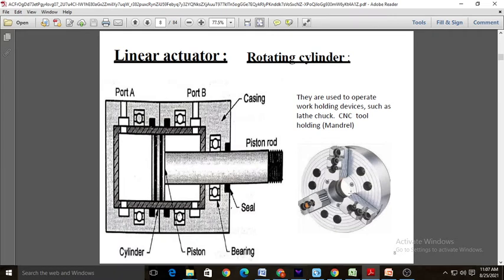So in that cylinder, these three pistons are moving linearly. That's why we call it a linear actuator, because though the cylinder is rotating, it produces the linear motion of these pistons here. Okay. So this kind of rotating cylinder linear actuators are used in the lathe machine. Just imagine that lathe machine, the three jaw chuck, where the cylinder is rotating, but the jaws of this lathe move in the linear direction. That's why we name it a linear actuator having rotating cylinder.